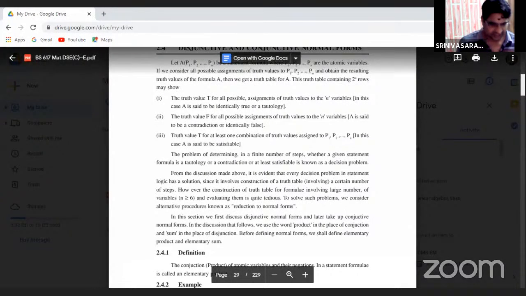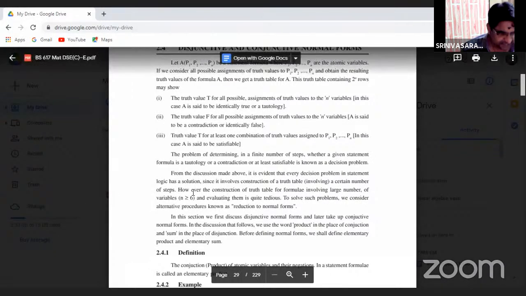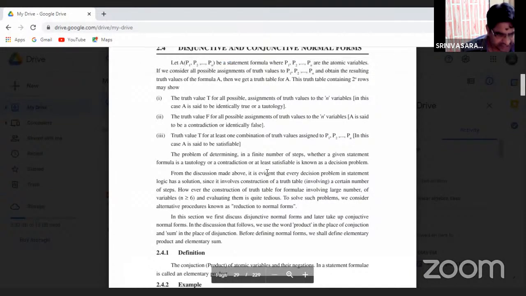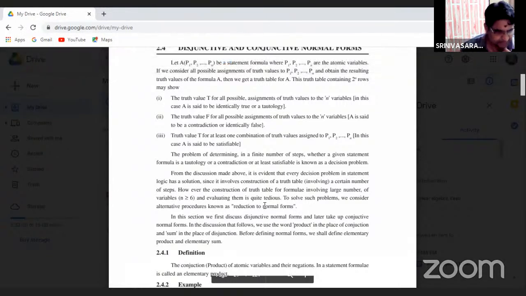Now, according to this, whether a given statement formula is a tautology, a contradiction, or at least satisfiable is called a decision problem. What is the reduction to normal form? From the discussion made above, it is evident that every decision problem in statement logic